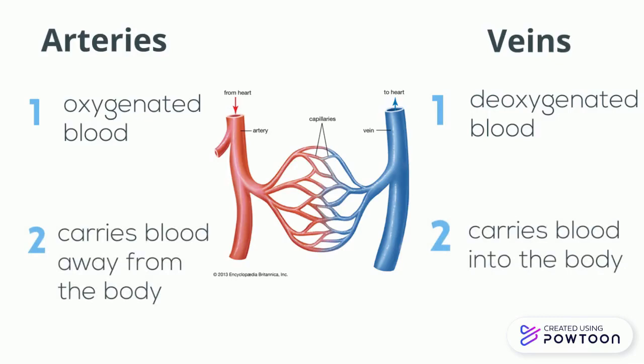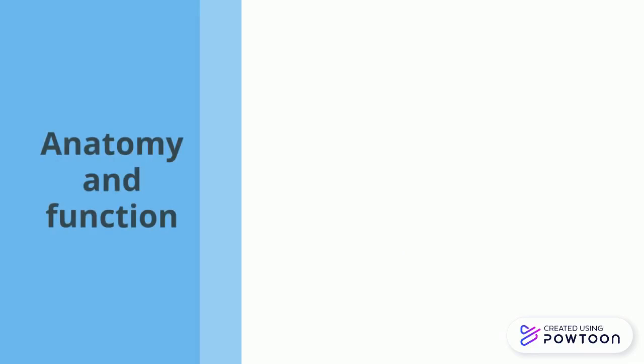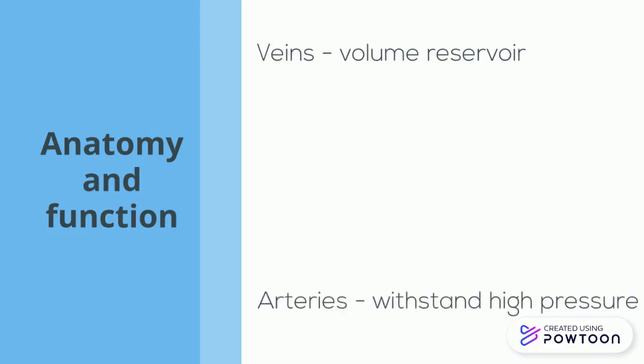The pressure of the blood entering the heart will be different compared to when the oxygenated blood exits the heart. So thus, arteries and veins must adjust to these differences through their structure and function. Factors that affect these characteristics are concepts such as anatomy and vessel compliance. The anatomy of an artery compared to a vein has several differences. Veins can be thought of as a volume reservoir. They hold large quantities of blood, while arteries withstand high pressure in order to carry blood to the rest of